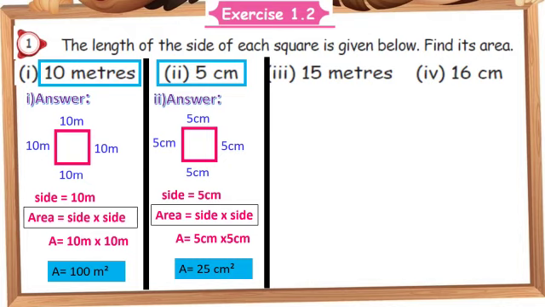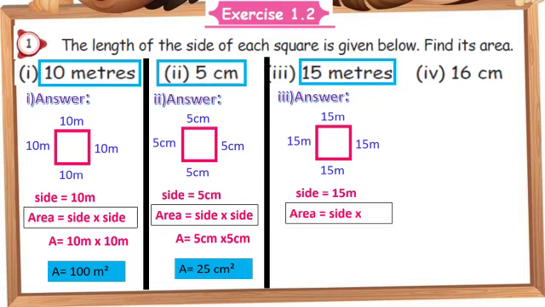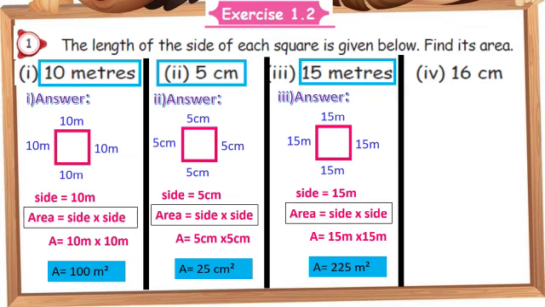So be careful on unit also, but procedure is same. Answer, third answer just mark it and draw one square shape and mark it as 15 meter in all those sides. Just draw the rough diagram, don't bother about exact measurement. After this, write the formula area equal to side into side. So 15 into 15. So also very easy, 225 meter square. It's very important.